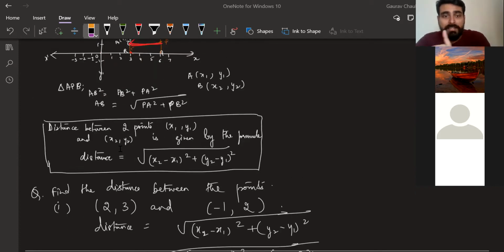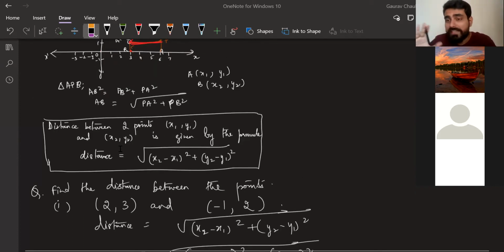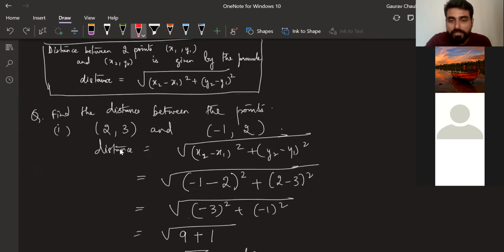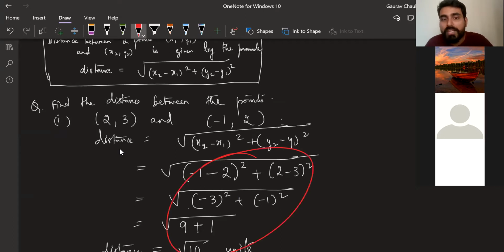All right. Now I told you, you can take x1 and x2 anywhere. Okay. Why am I saying that? Does anyone have an idea here? Why am I saying you can take this one as x1, y1 also? Only one x1, y1 you can take, any one other one also you can take as x1, y1. Basically what I'm saying is, instead of doing this, I could have taken this as x2, y2 and this one as x1, y1. Okay, why am I saying I can do that?